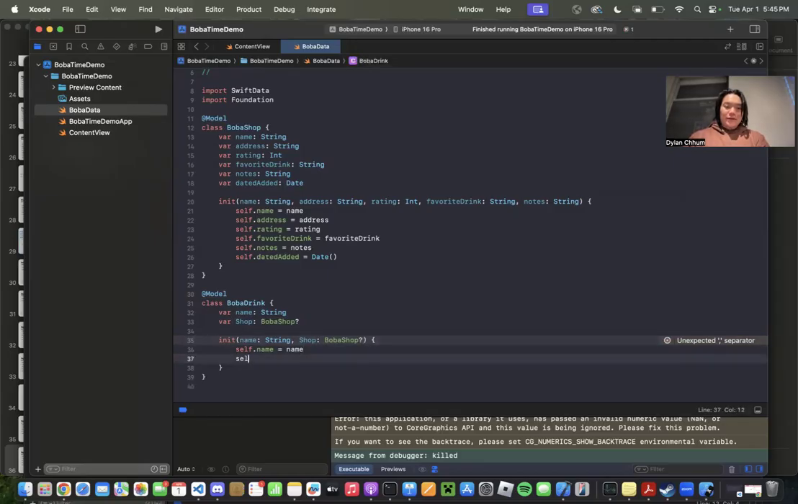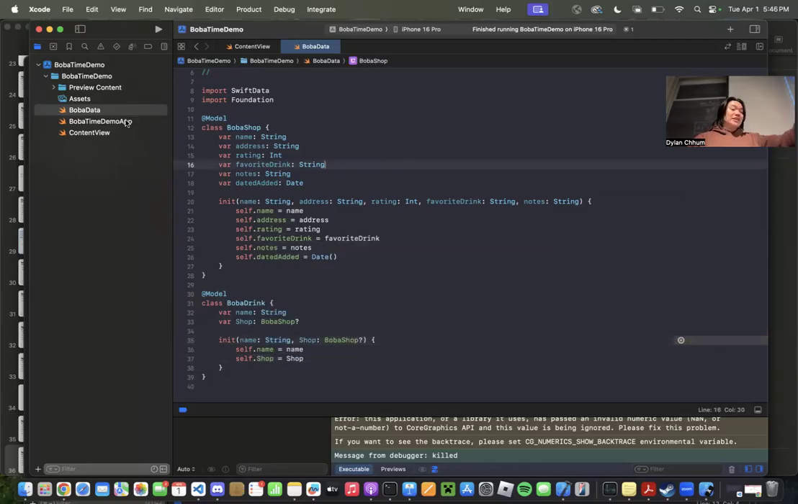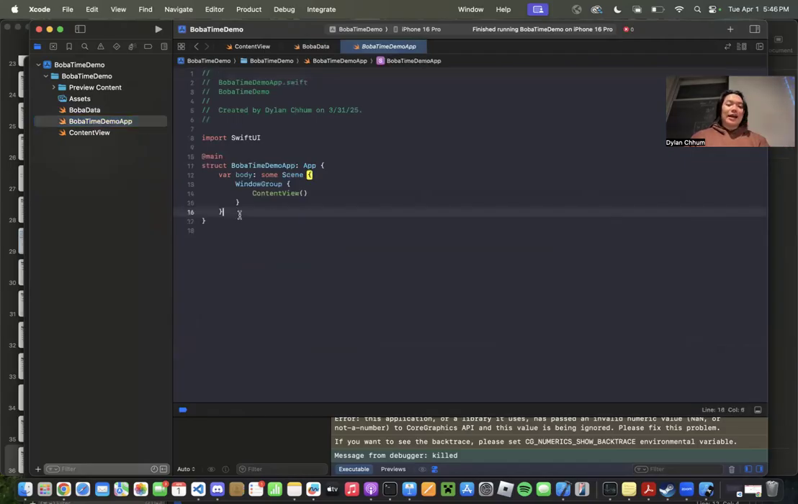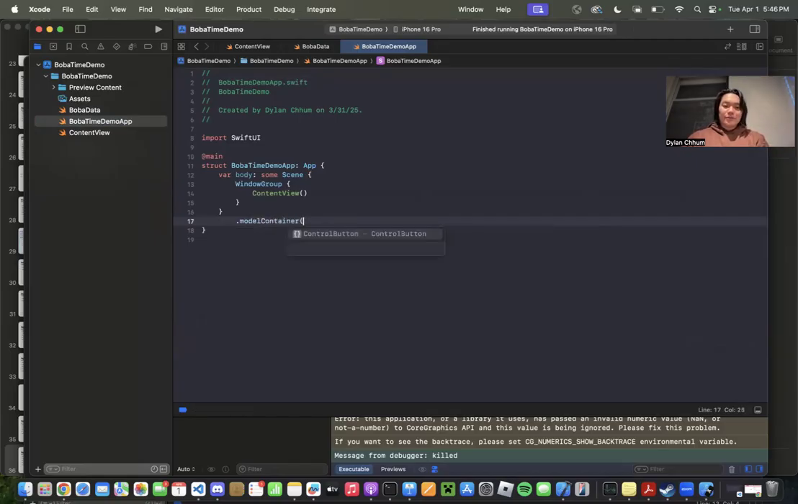But we're just going to say self.shop equals shop. Right. So now going to the injection, the injections kind of have one for the app, which is when you hit the play button, you want to be able to see your model view container. So you just type in model container for,